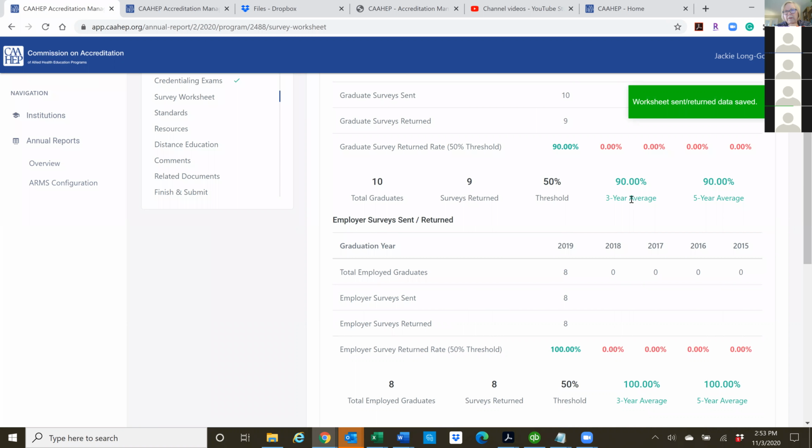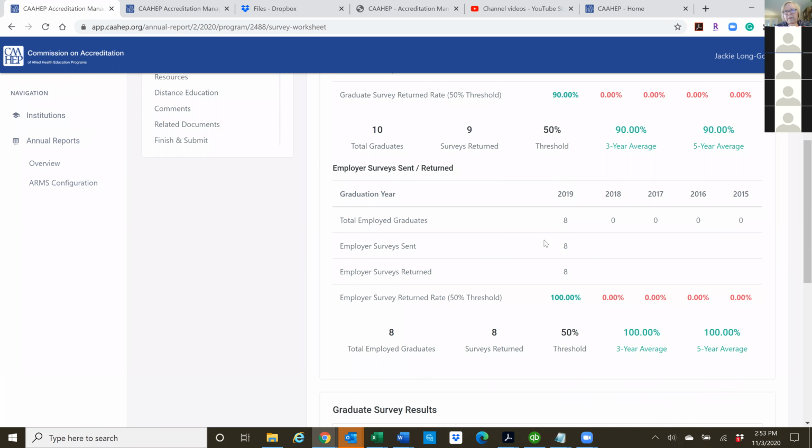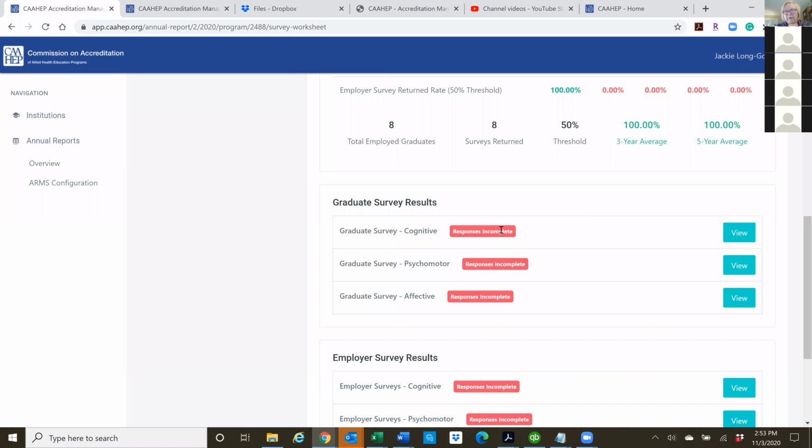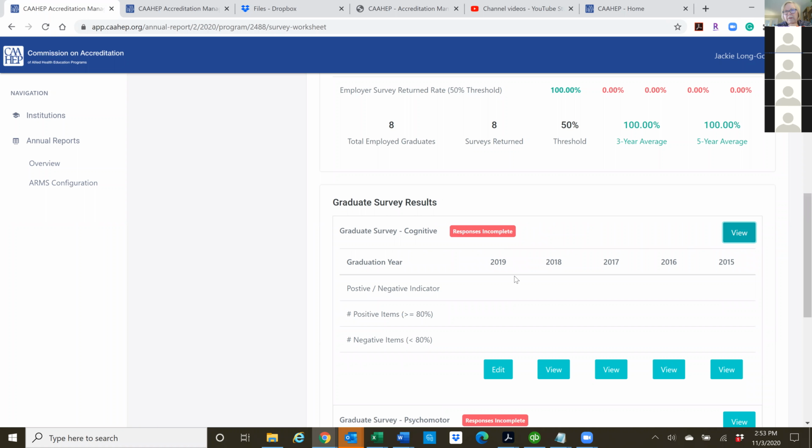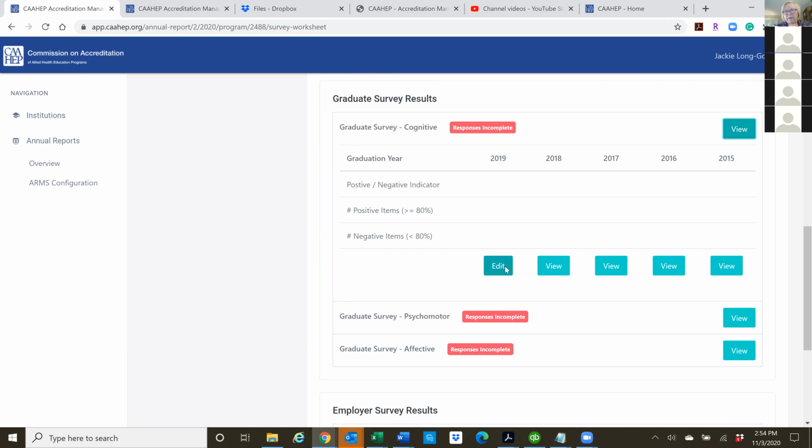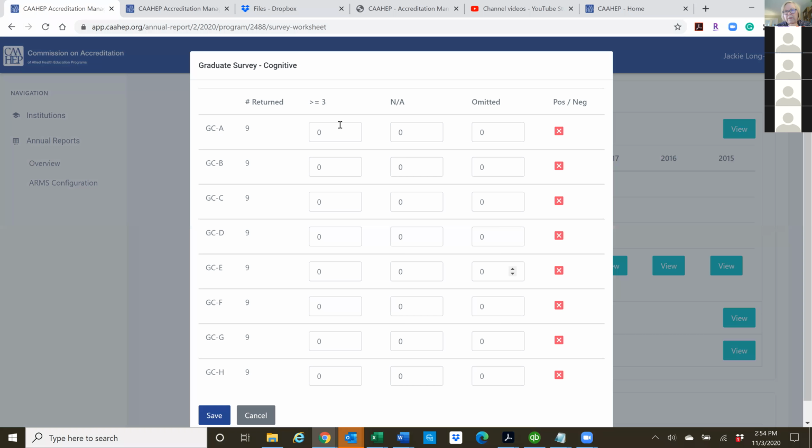And then the graduate surveys, just click here. Another big change is, in the past, you had to put in the numbers of 5s, 4s, 3s, 2s, 1s, omitted and not applicable.